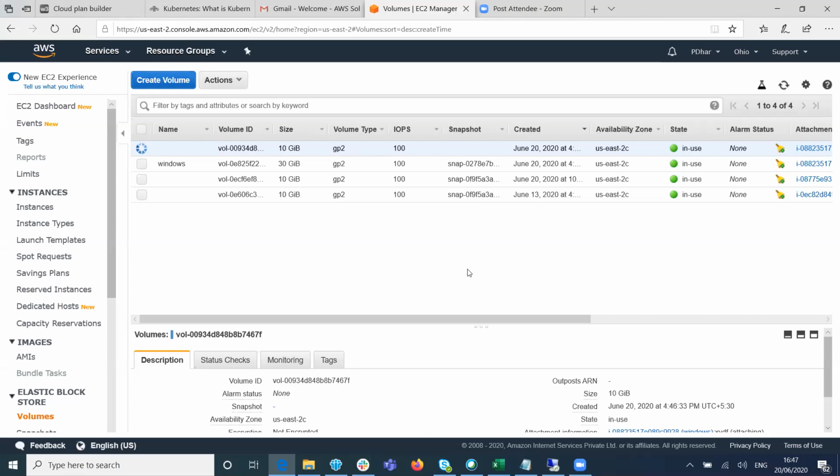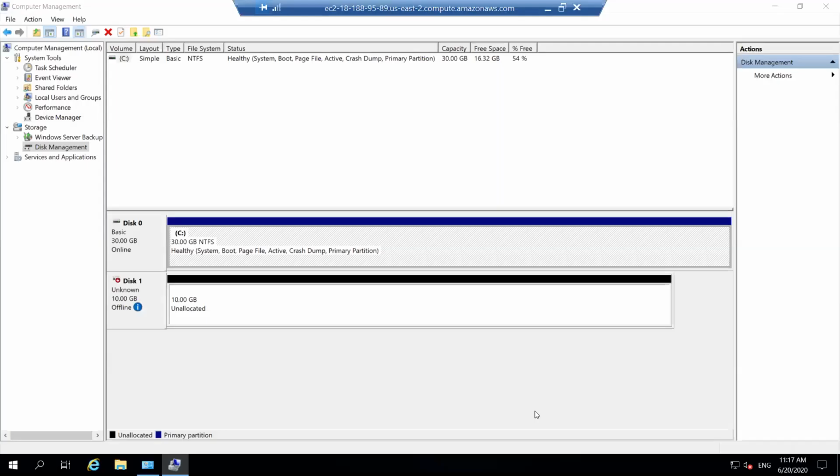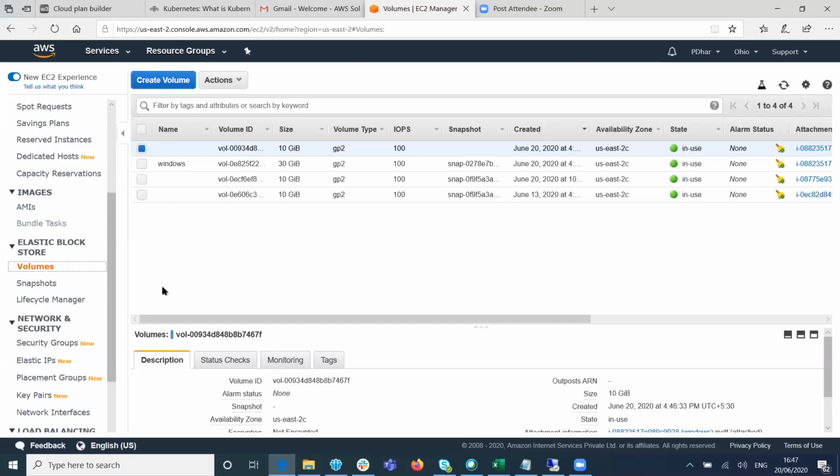It takes a bit of time. Okay, now go to the server. Okay, now come out of the server. Close it, or just minimize? No, just minimize it.